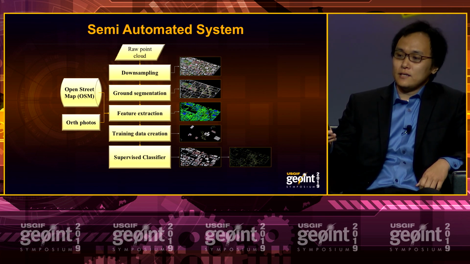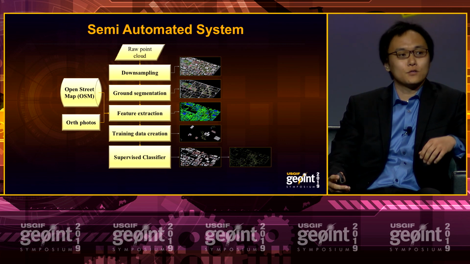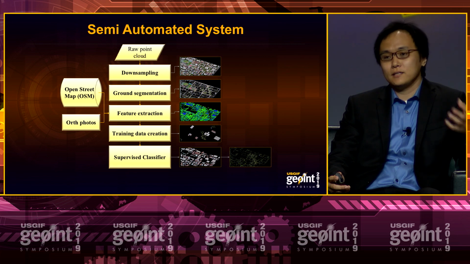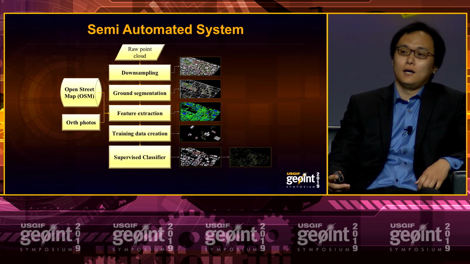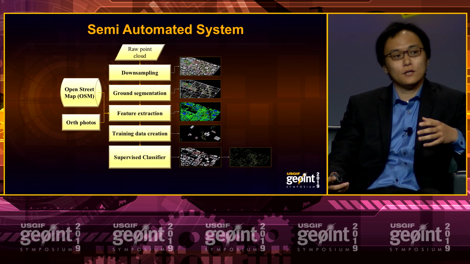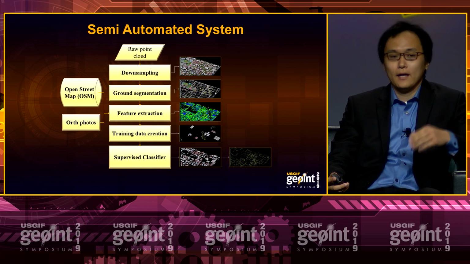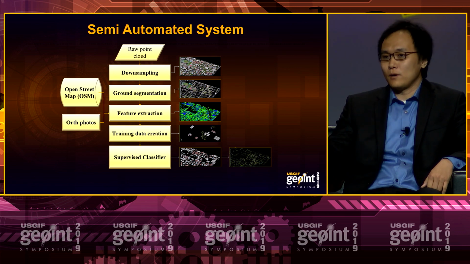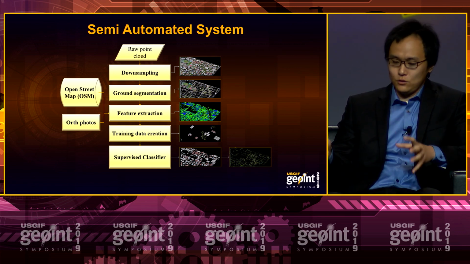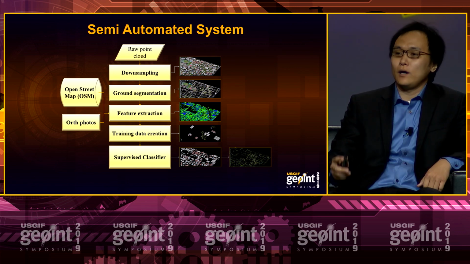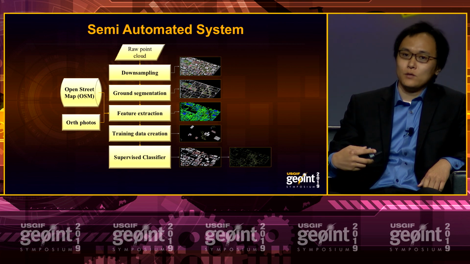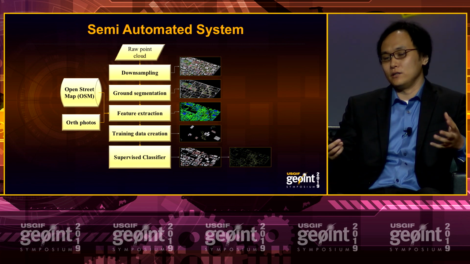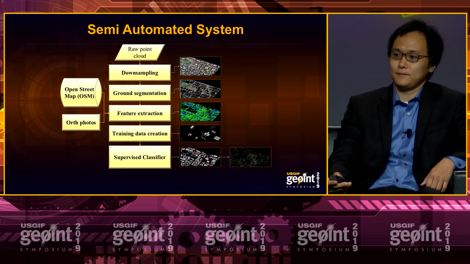The reason that this is a semi-automated system is because when we do the data collection using drones, we may fly with different altitude, different sunlight condition. That will result in different quality in the data. And handcrafted features are not robust enough to transfer from one kind of quality to another kind of quality. That's why every time a new data set comes in, we have to manually do the segmentation and teach the algorithm how to segment the rest of the data.